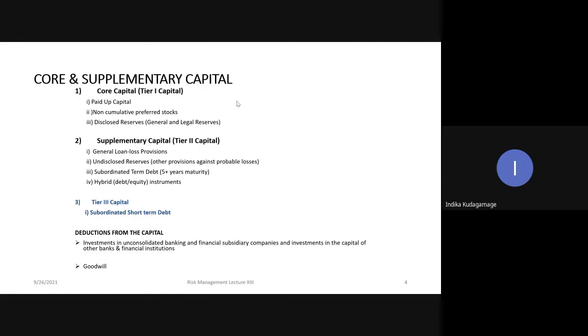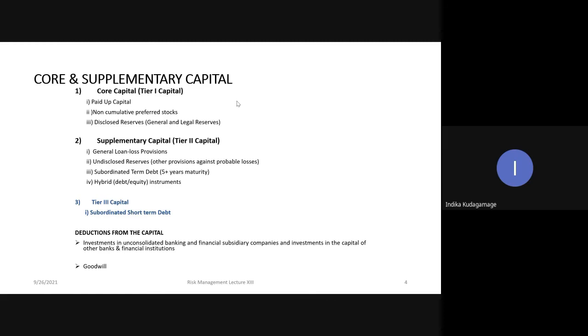What is a preference share? Normal ordinary share, you can't guarantee any return. It can be very high or it can be very low or even zero. But when it is preference shares, you guarantee a return, right? Non-cumulative. On a preference share, if you don't pay this much this year, you have to accumulate it to the next year. But if it is non-cumulative preference shares, you can take it as tier 1 capital or core capital. Disclosed reserves